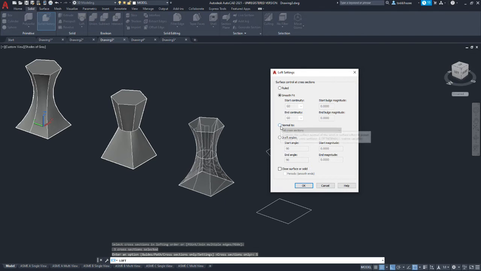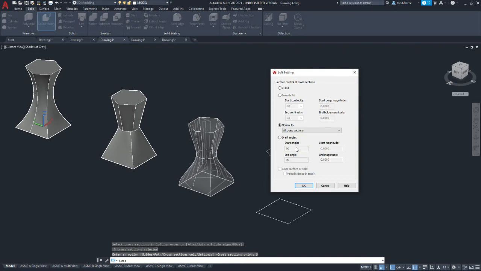And we're going to select normal 2, which allows us to have several settings. So you could have the start cross section, it's always going to be normal 2, the end cross section, the start and end, and all cross sections, which is the default.